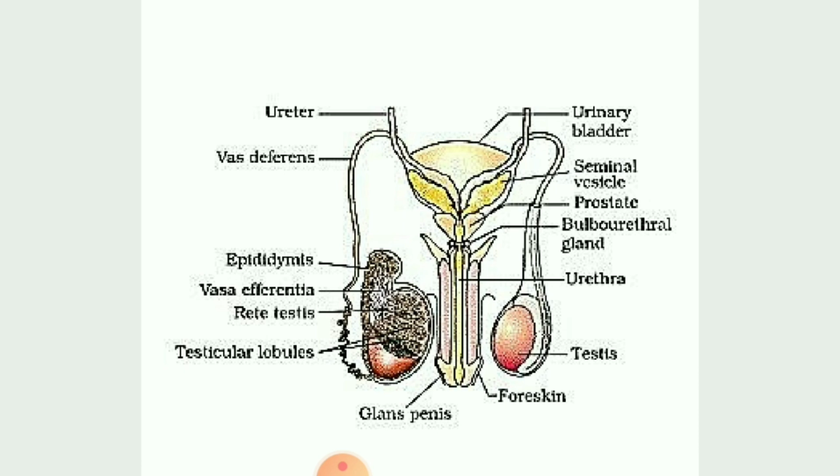Then the scrotum. This scrotum, children, as I said already, is skin-connected tissue. It is slightly away from the body, and its temperature is lower by about 3 degrees Celsius. Suppose your body temperature is 37 degrees Celsius, then it will be 34 degrees Celsius. In the meanwhile, children, it is responsible for proper sperm development.